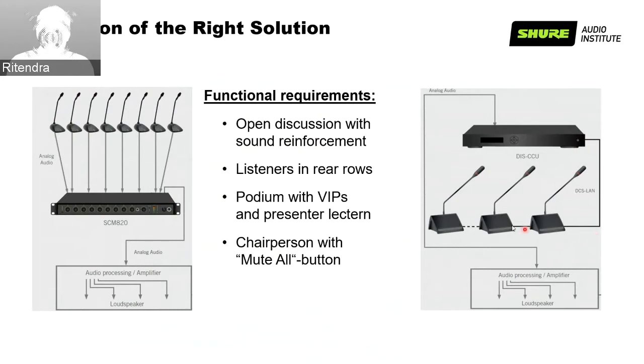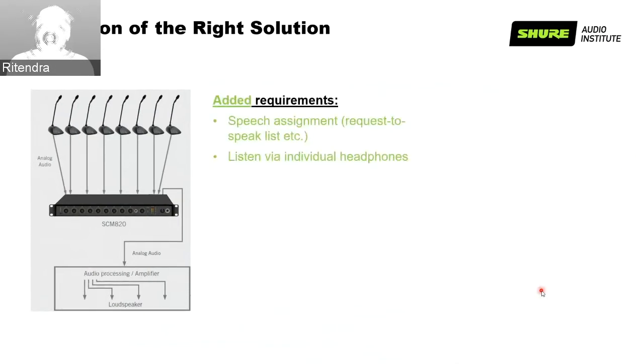It is going to have loop in, loop out till the number of conference units, and the central unit is going to manage everything. It's standard Cat5e shielded cable which will be connected. And then you take the audio from the central unit and connect it with the processor and amplifier. But in case you have an added requirement like speech assignment, request to speak, listen via individual headphone,